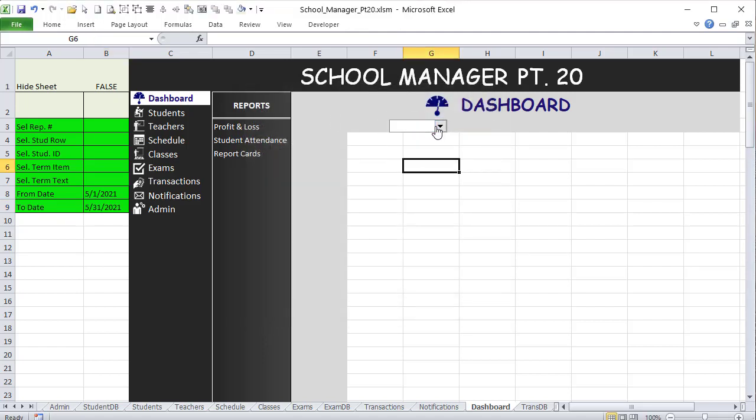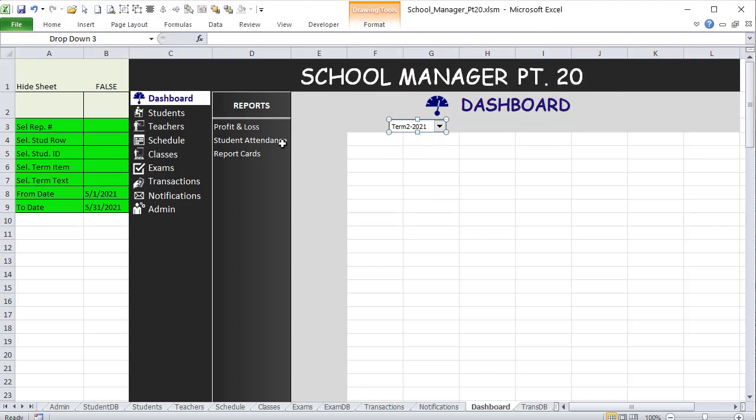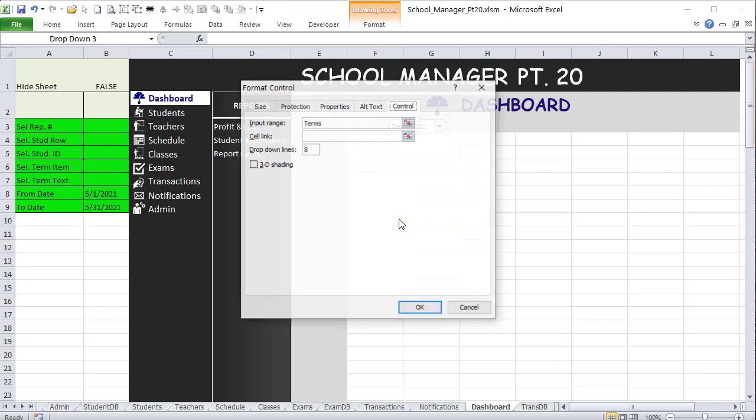So we have our terms here. We can shrink that up a little bit. We want to make sure it's okay here, but I want to maybe just shrink it up a little bit to the width of maybe just 1. Keep it simple. Okay, so now I want to have obviously a label here, but I want to do more than that. I want to make sure that